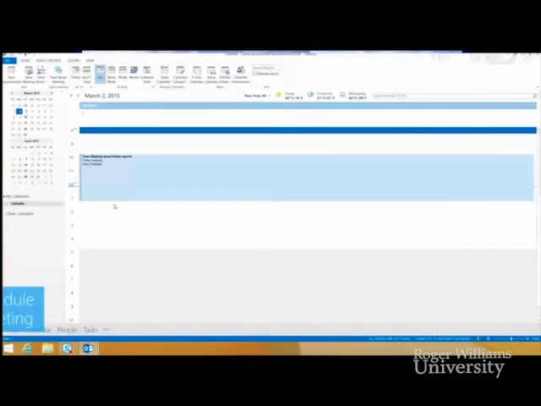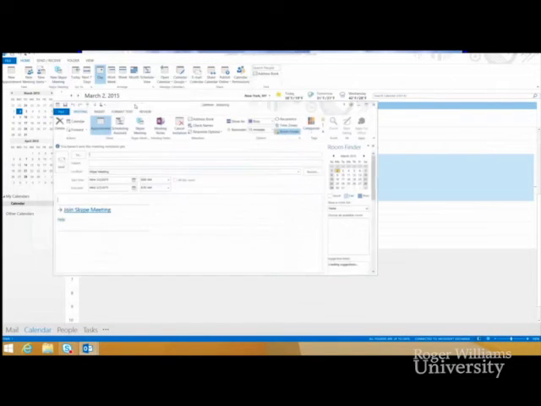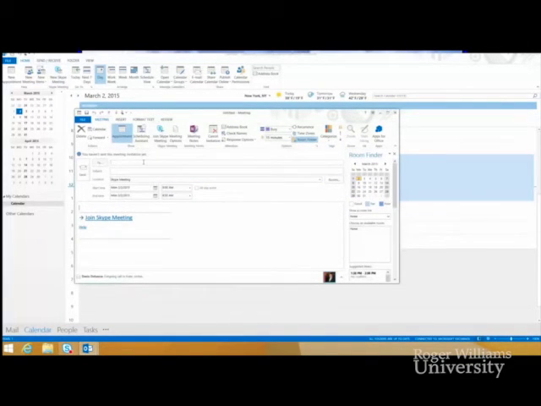One of the things I wanted to make sure that you can see is Skype for Business is super easy to create a meeting just with one click. So you click the new Skype meeting button at the top, and up pops an Outlook meeting request that is already populated with your Skype meeting information right there. Now, at this point, all I need to do is add my team members. So I'm going to add Junmin, I'm going to add Katie, and I'm going to give it a subject, and the subject in this is going to be status report